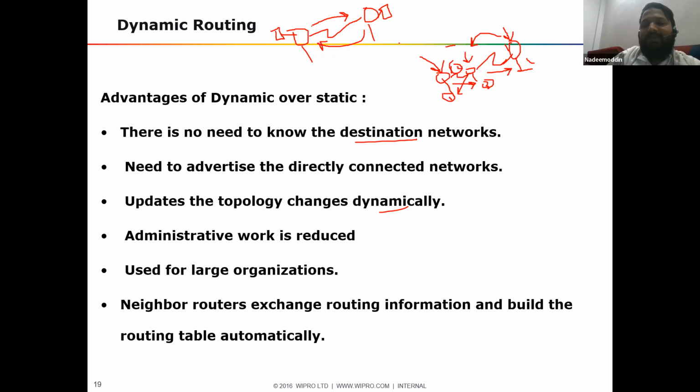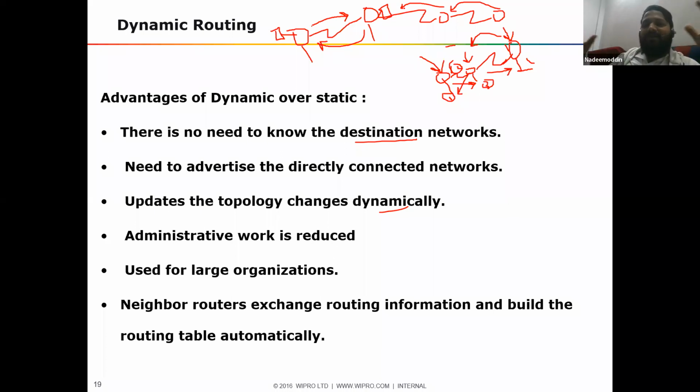Neighbor router means you have many routers connected here. All these neighbor routers build a neighborship with each other, and they pass the information. Saad will say, "Hey, I know Ubaid." Ubaid will say, "Hey, I know Shahid." Shahid will say, "I know Nadeem."